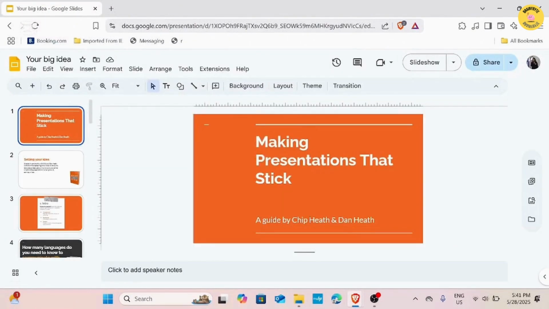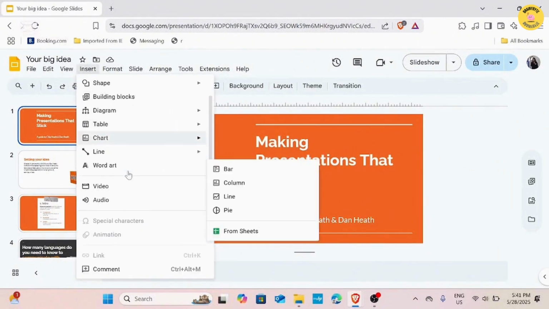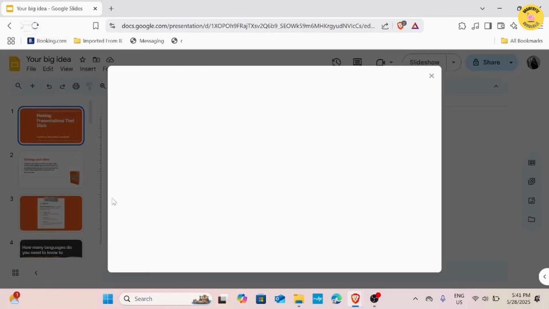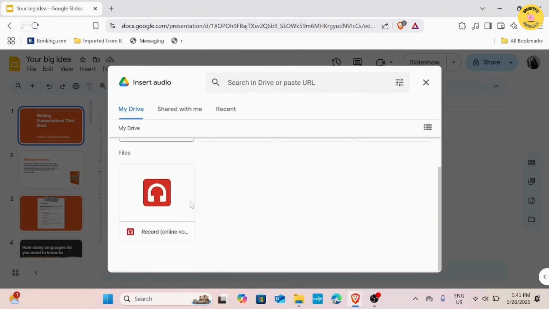Now that you have uploaded your recording to Google Drive, you need to simply go to your slides again, and from here you need to go ahead and click on insert. Once you have done that, you need to go ahead and click on audio,